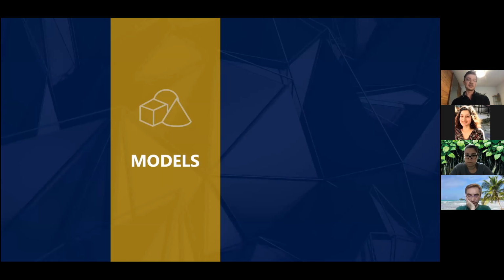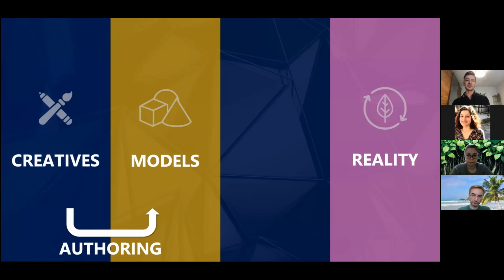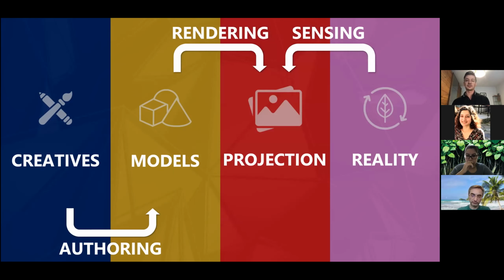And as I mentioned, the typical way to get the models and the parameters of the models is basically by people. So creatives, or typical artists, they author the models or the parameters of them. And all these models, of course, are models of reality. And from the models via rendering, or from reality via sensing, then we can go to projections. Here I'm using projection in a general sense. Could be a depth map, could be an image. So it's basically a partial view of reality.